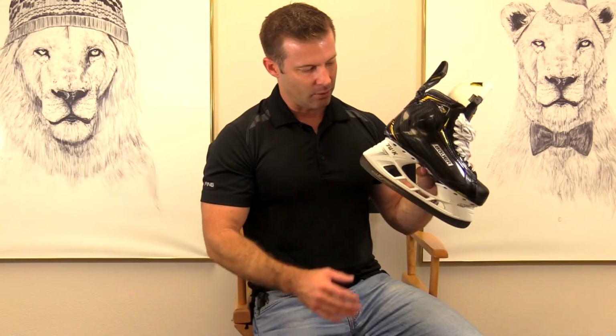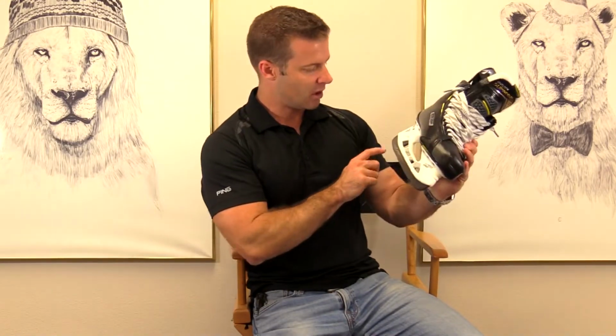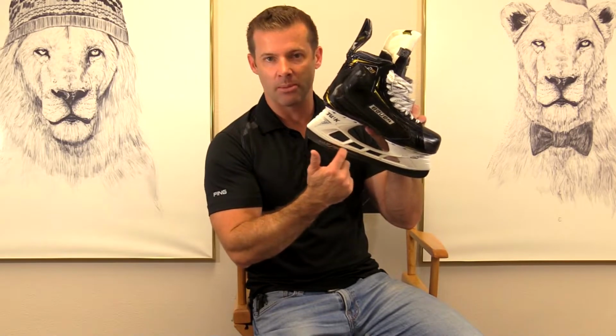Not sure if that's true, if that's a marketing gimmick, but anyways. What I do notice though is the dark color of the blade. That's different than anything I've seen before. So these are the LS5 carbon blades, which are supposed to stay sharp longer, help you with your edges, inside edges, outside edges. They're supposed to be better, but again, at my skill level, who knows if I'll